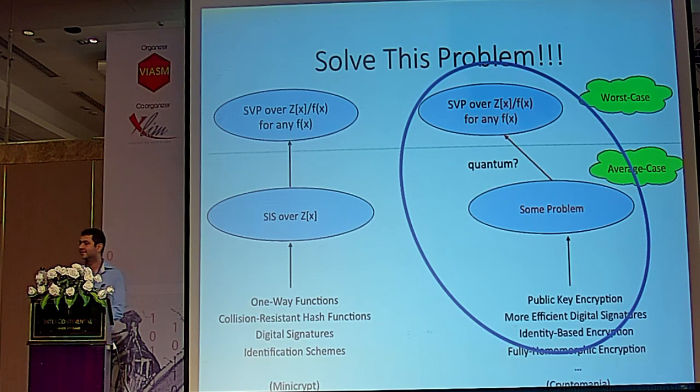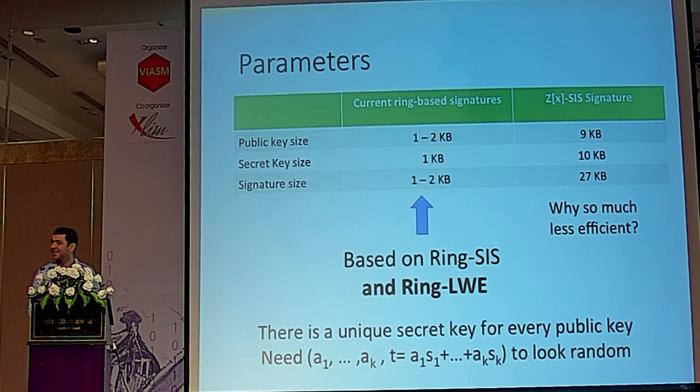So I wonder what is the value of this parameter k. In your first slides, k seemed to be equal to 2. Yeah. So for the thing we do, it is equal to 2 for the current ones, but that's because we're basing it on ring LWE. For ring SIS, you can set it to be, I think when I set these parameters, it was 5, maybe 4. But I didn't try really hard to optimize this because I knew it was going to be much worse. So k is like 5 or something.